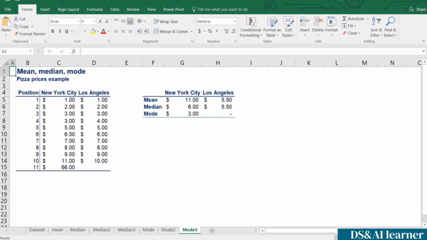All right, now you know about the mean, median, and mode. In our next video,